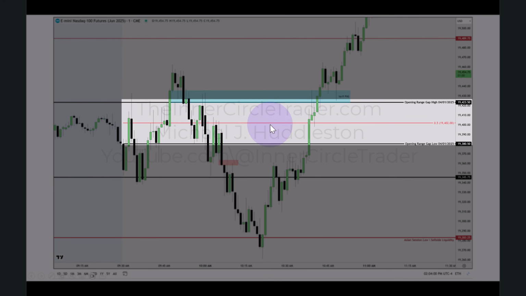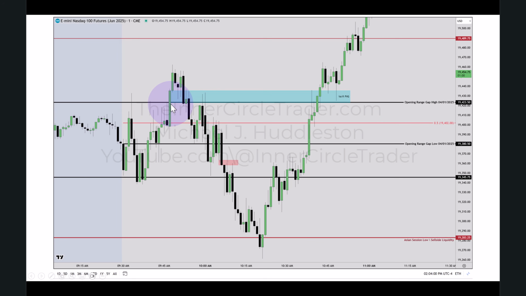Half of that is this red line here. That is the consequent encroachment level. And we didn't get a fair value gap formed all the way until this candlestick right there. Okay, so that's the very first presented fair value gap. Notice it's on top of the opening range gap high. That's that level here,